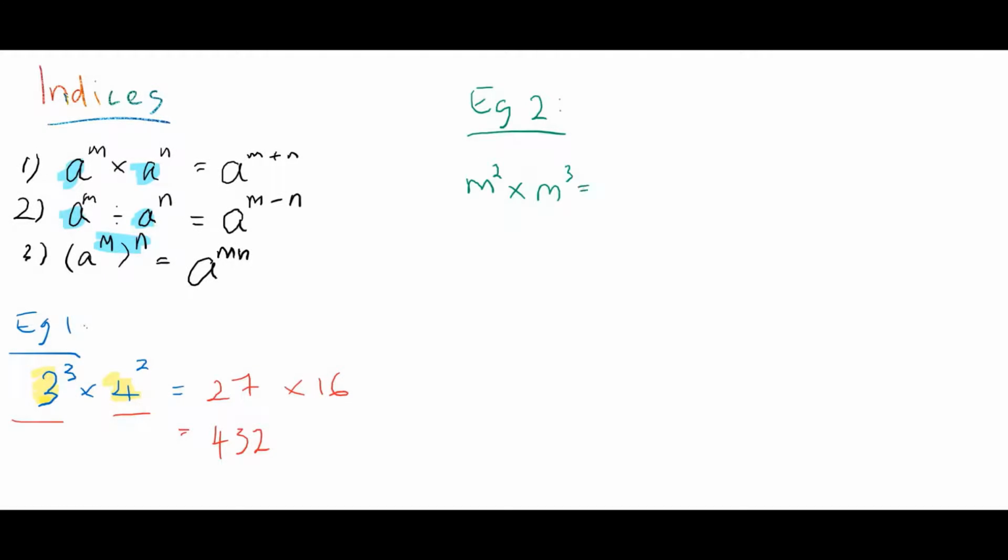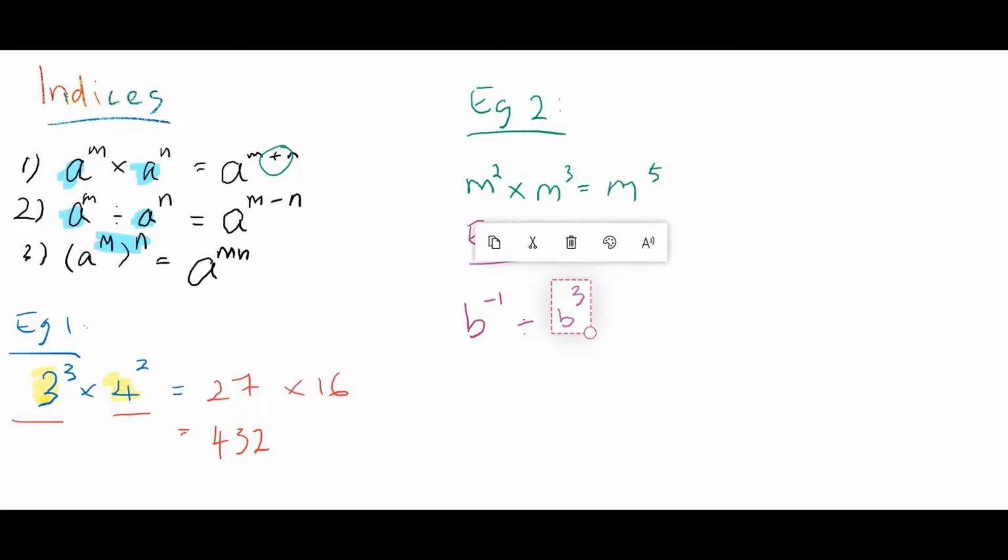it doesn't mean you can use all of them. Example 2, we have m squared multiplied with m cubed, and this time we have the same base. So using the formula, it is an addition, so the power becomes 2 plus 3, and it is m power 5. Moving on to example 3, we have a base b with a power of -1 divided by